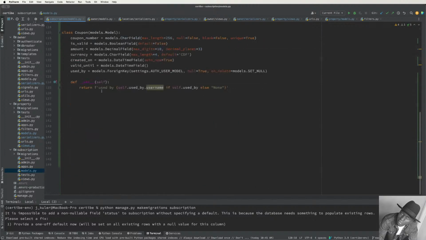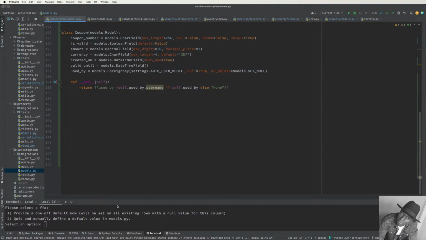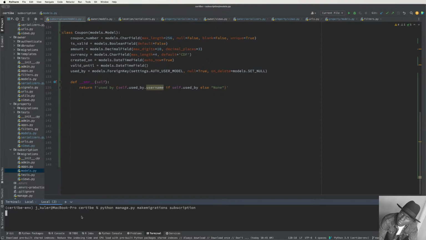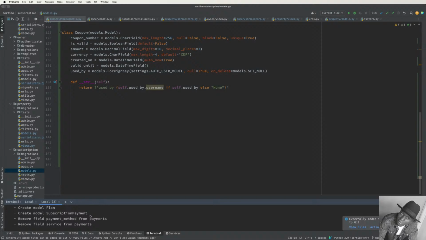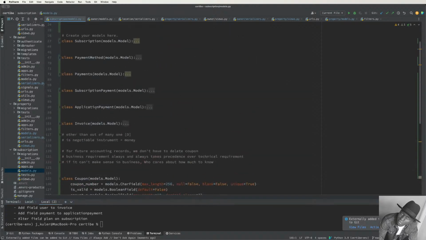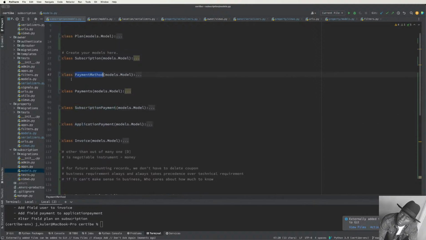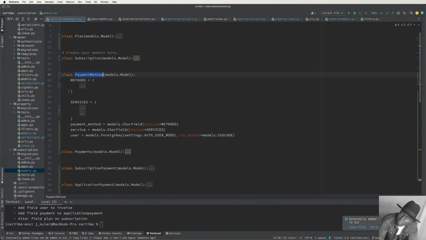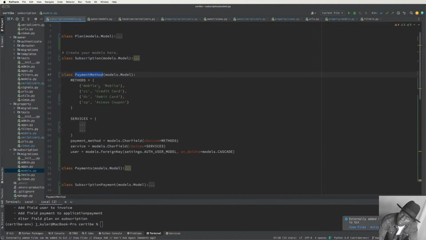Okay, let's try to do it again. Let's try to migrate. All right, it's migrating now. We create our migration. So we're creating all these tables: application payment, subscription payments, payment method. And in payment method, you already know what we'll be dealing with. We have mobile payments, which include